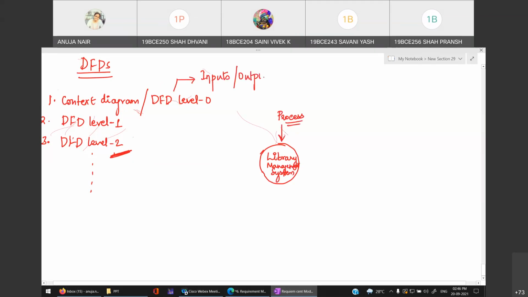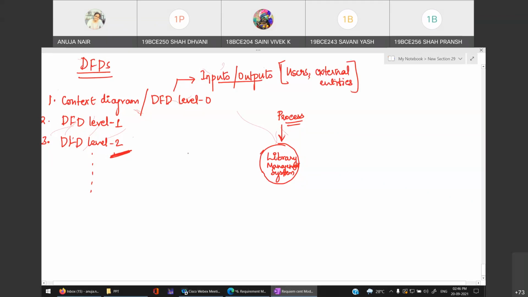When I say inputs and outputs, means which all users or external systems, external entities, they are involved in the input and output. And in the center it would be LBS, LMS, that is library management system.